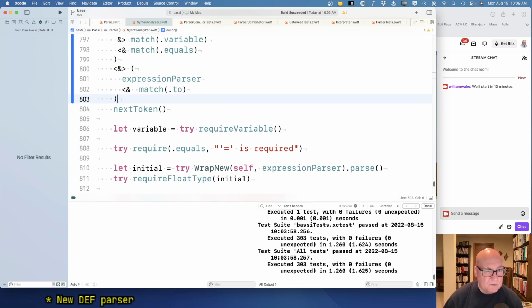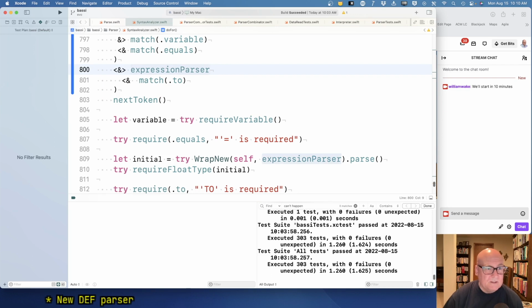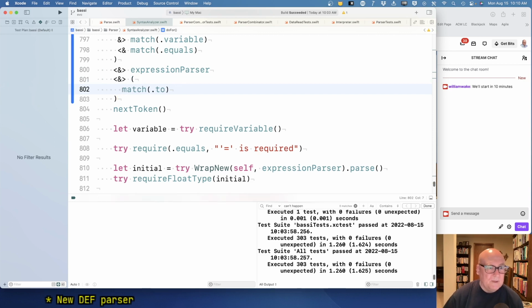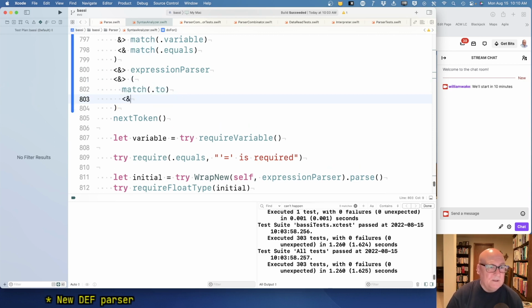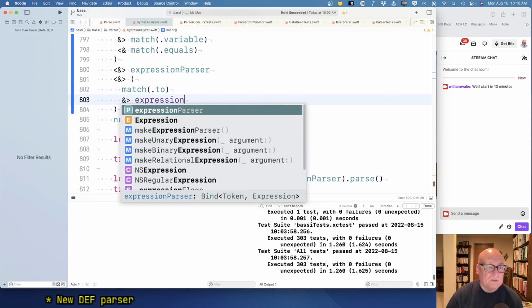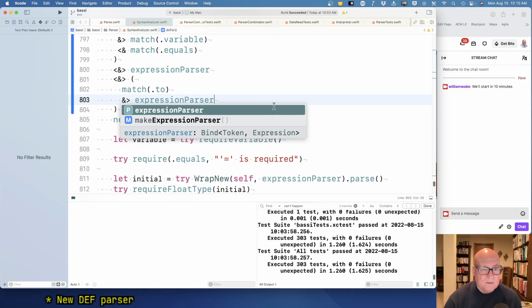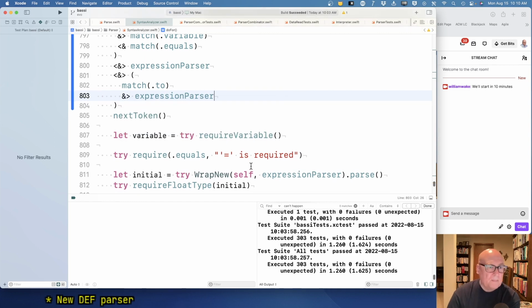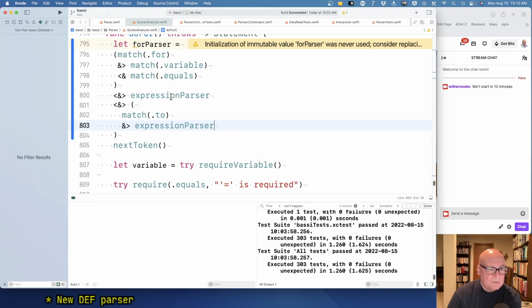Expression match two. Well, actually, I think that's probably more like expression, and then match two and expression parser. Okay. So for variable equals expression to expression,